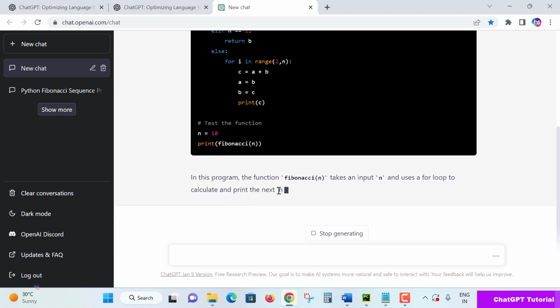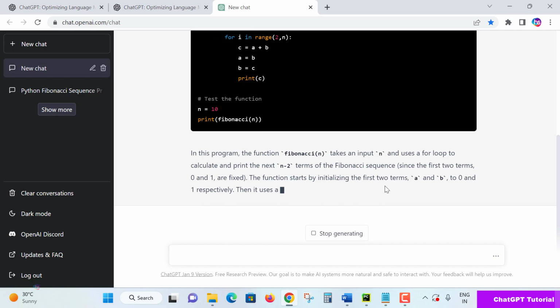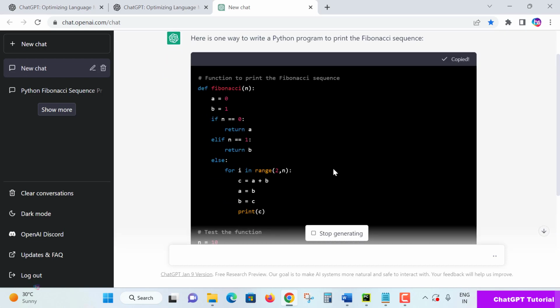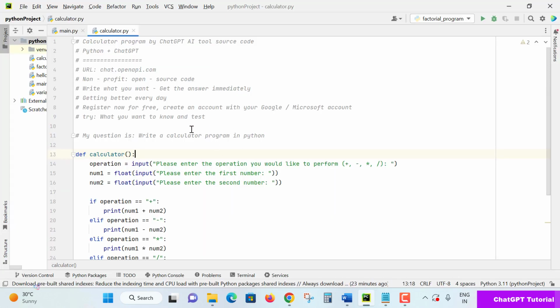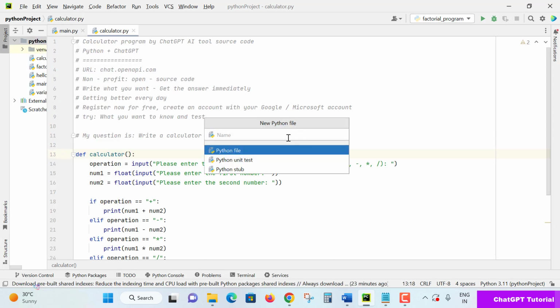And let's see this program function, what it has taken, how it is prepared, and all the detailed description is also shared with you. So what more do you need? So now let's see, copy this Fibonacci sequence code, go to any of your favorite PyCharm or any Python code runner, and